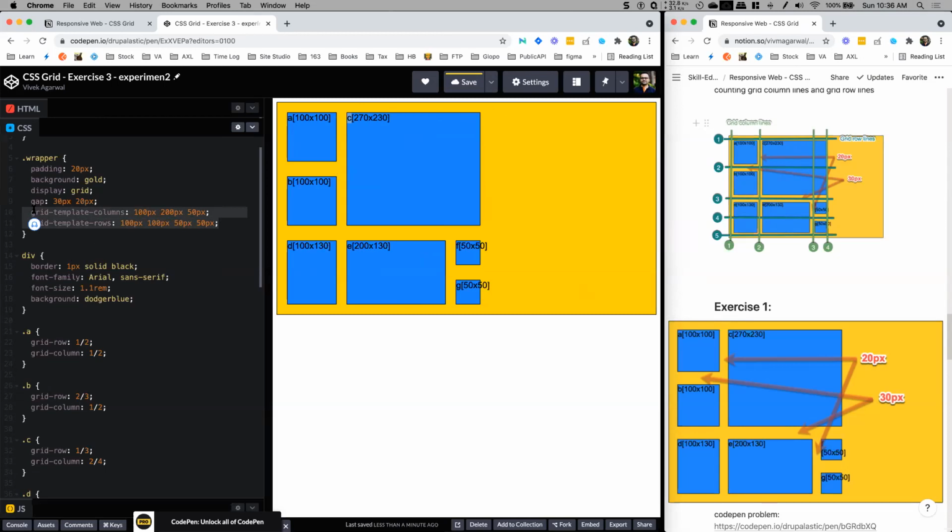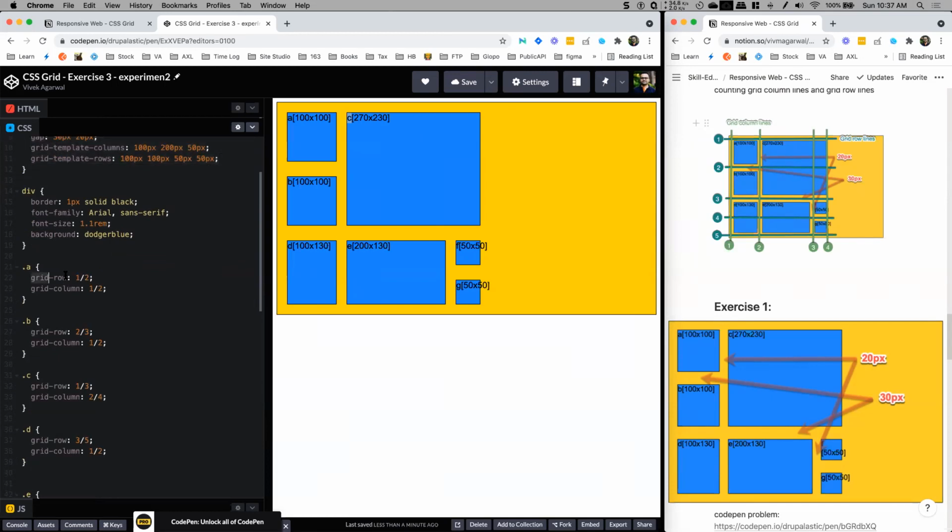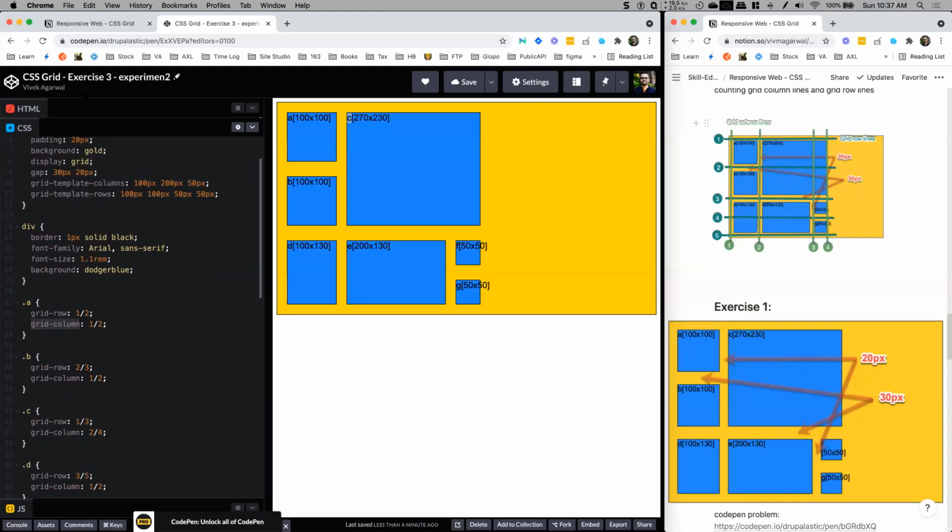And which properties have we used? One, display grid, gap, grid template columns, grid template rows. So these four properties we have used in parent. Okay. And in the child, we have used grid row and grid column. Okay. Let's go back to our notes. Was it easy? Just 4 or 5 properties and a bit of calculation, right? So now if we look into the notes again,